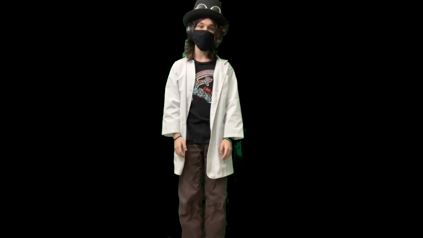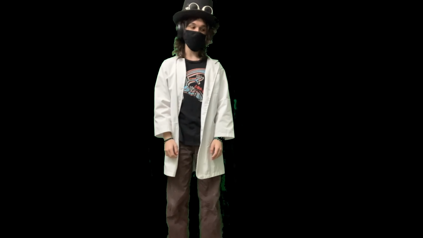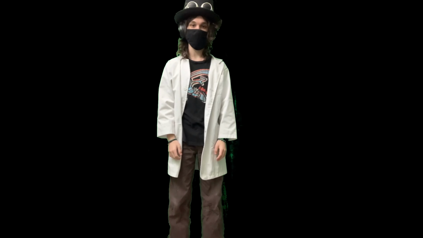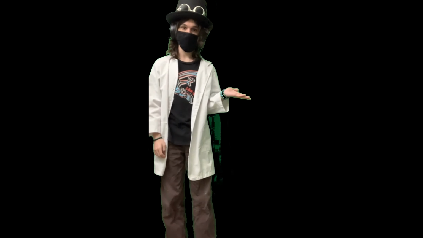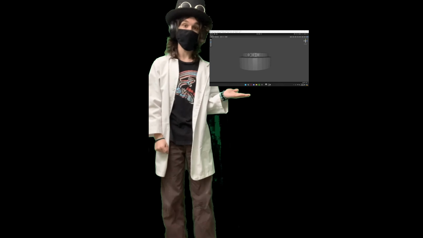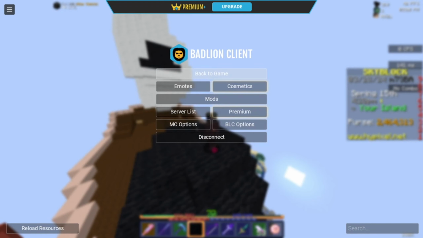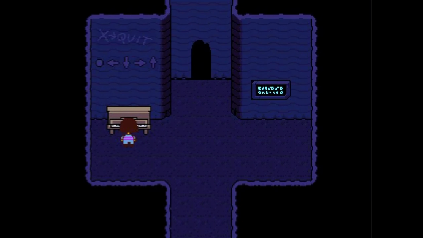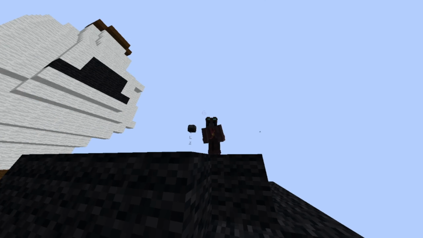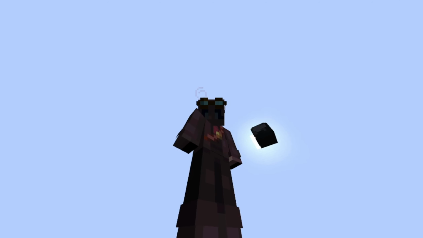So after taking inspiration from Resident Evil and deciding I wanted an angel statue puzzle, I decided I needed to make an angel statue. But I don't know how to model that well, so I'm just gonna make a little pedestal, and yep, this is what it is right now. I also wanted to make a piano puzzle, like from Undertale, where you play a certain key and it gives you an item that'll help you throughout the game. I'm not too sure if I want that though, but just in case, I'm gonna go find a piano model.